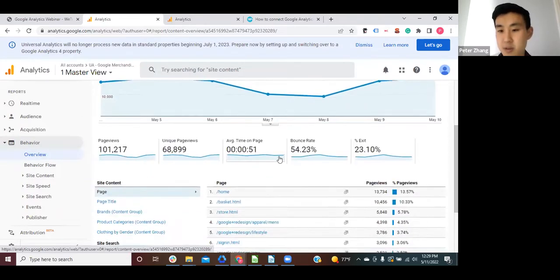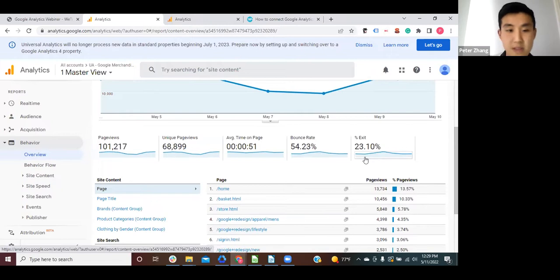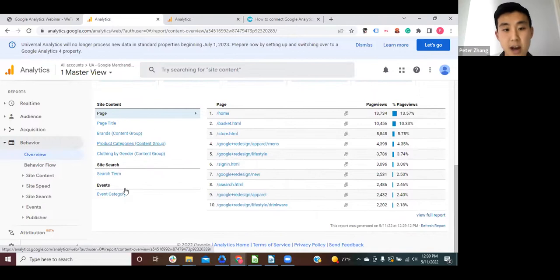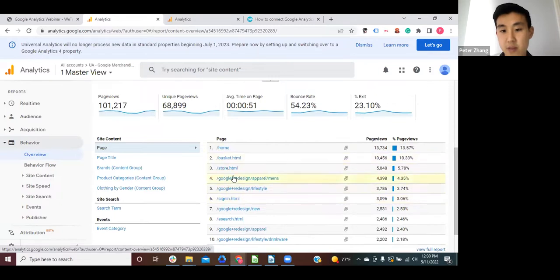But you can also see some information about how long they're spending on your website, or the bounce rate, which is if people go to your site and leave right away, which could indicate that your content is not what they were looking for, as well as how many people are leaving for different pages on your site. So in here, you can see a higher level breakdown based on the actual pages themselves. So you can see right away, if there's special promotional pages or content you're looking for that you want people to visit, how much of the total page views are those pages responsible for.